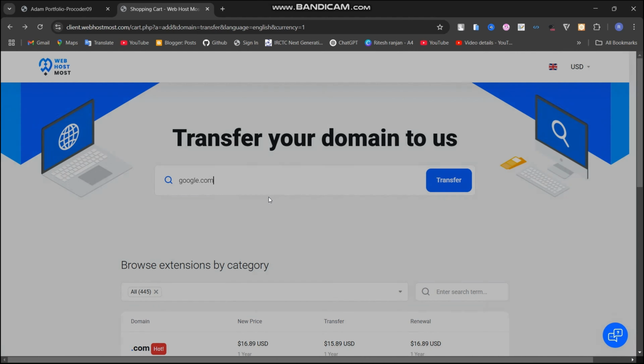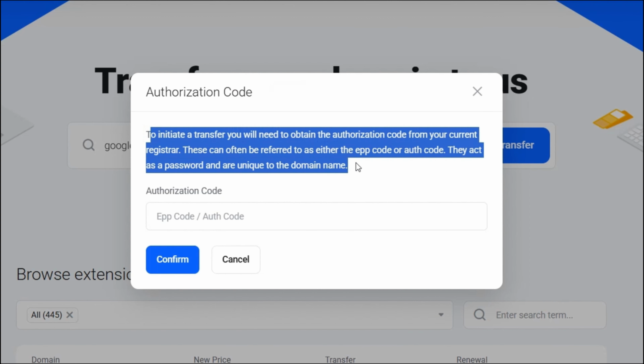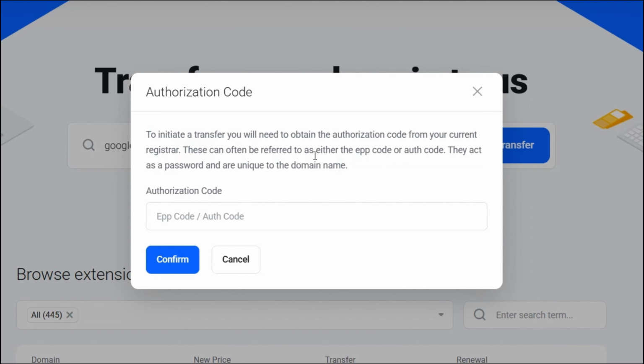and now you can see the authorization code. To initiate the transfer, you will need to obtain an authorization code from the current registrar. This can be referred to as either the EPP code or auth code. They act as a password or a unique name. So you have to get the auth code and click on confirm, and it will transfer the whole domain to